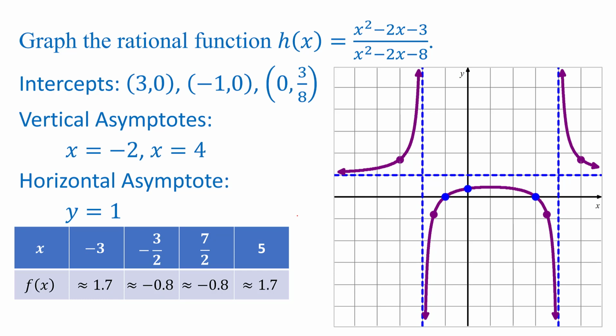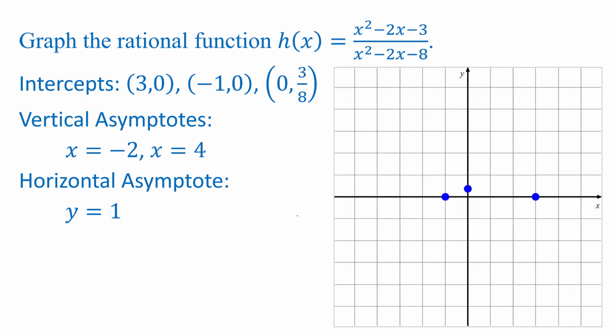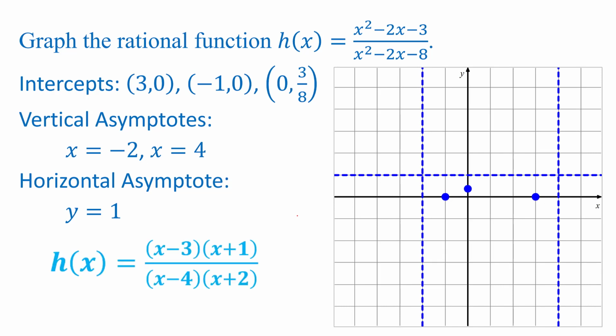Note that this is a perfectly fine way to graph a rational function. It's just somewhat time consuming if you have to plot a whole lot of points to get your graph. So I have a shortcut method of sorts that we'll work on here. We start out the same, graphing the rational function by first plotting intercepts, then vertical and horizontal asymptotes, and then rather than plotting extra points, I will factor h of x and look at the factors and the powers of